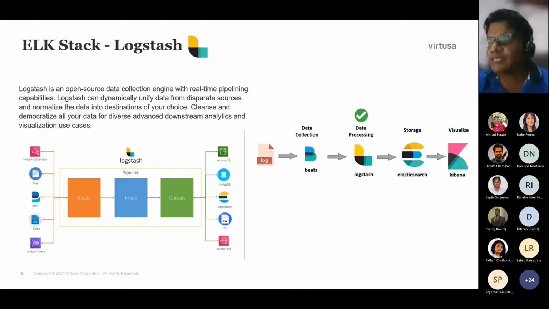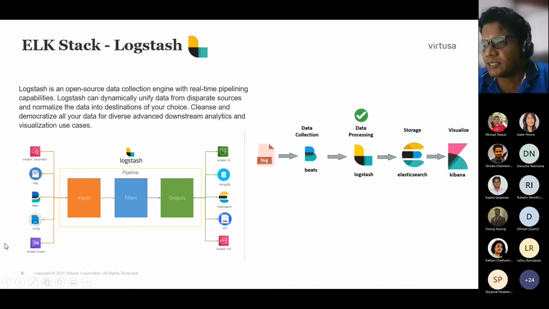In Logstash, we call one log snippet an event. It will retrieve the event, filter the event, and output the event into the Elasticsearch DB, where that particular event is getting stored. So that is the capability of Logstash. Logstash has his own capabilities to read the file, and he can get data from other sources as well.